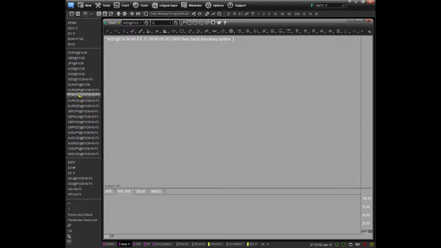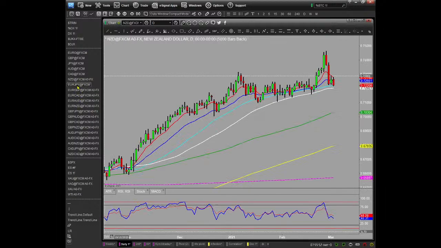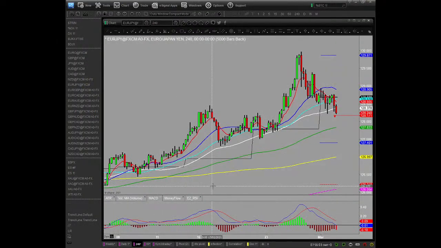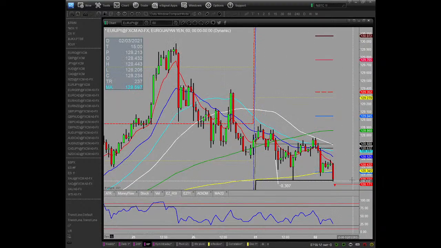Let's push through then. Euro New Zealand also looking a little bit on the soft side here. Sorry, Euro Yen. Goodness gracious, brain's gone this morning. Again, softness. It's got these lower highs coming through. A break of this, my alarm there, that was from yesterday, by the way. A break of that level would, I think, see further softness anyway. It's back into its monthly pivot, dancing along here.